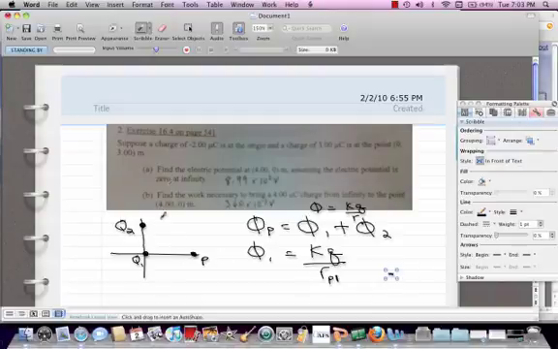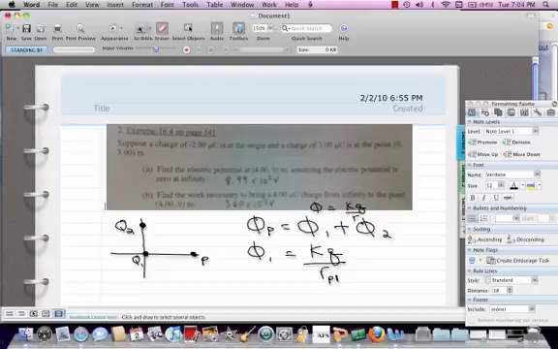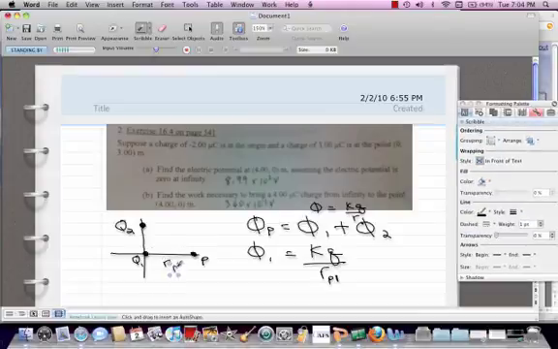So from 1 to P, this distance right here, this is going to be RP1. And I can see that this distance here is going to be 4. So right here, this is 4. So for phi 1, I'm going to have KQ over 4. And for phi 2,